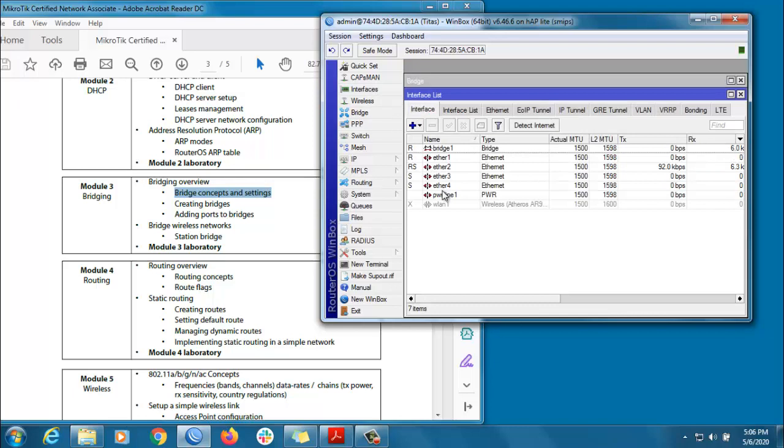Okay, so now we can see 3 ports we can use. Actually, if we go to the interface, then we can see those are our slave interfaces.